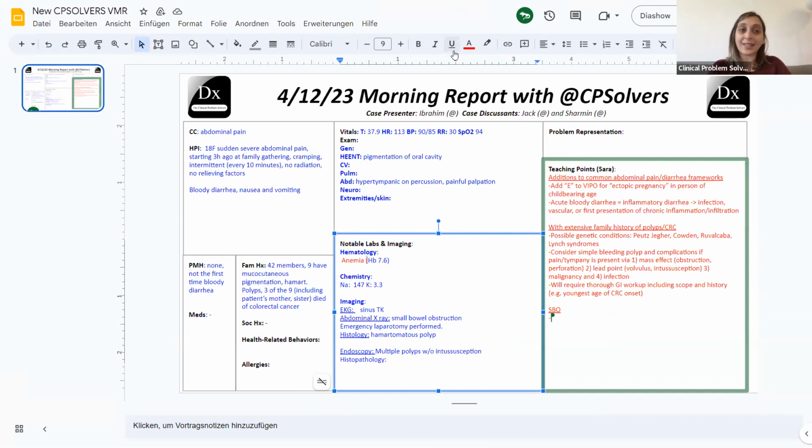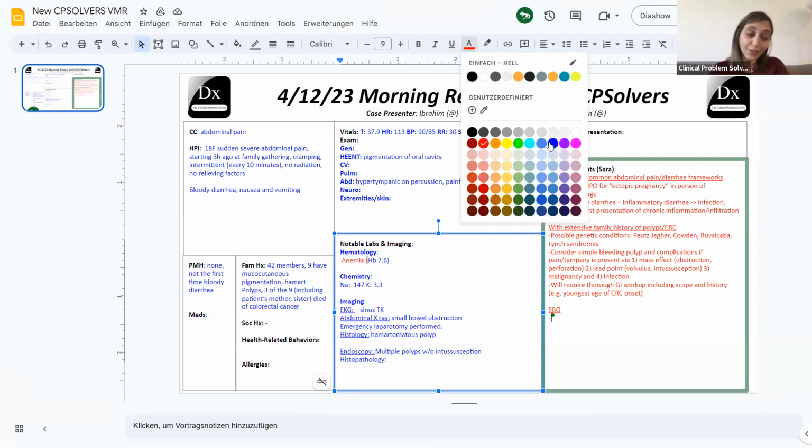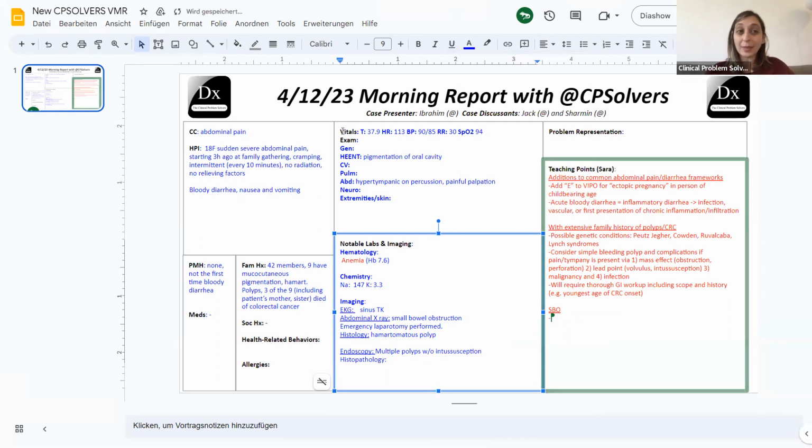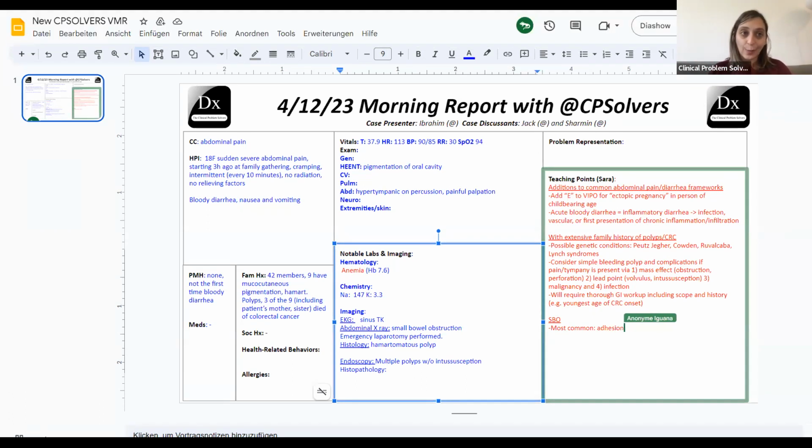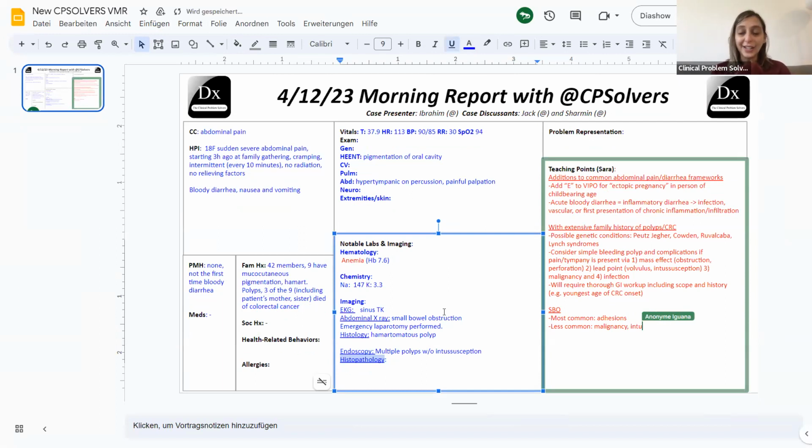So the first pass is adhesions, hernias, both external and internal hernias, and then it tends to be more malignancy in adults. And then you get to the rare causes of small bowel obstruction, where we're concerned here for intussusception or volvulus, gallstones, all of those things come into play. Yeah, I'm right there with you. As you guys mentioned, the hereditary syndrome, Peutz-Jeghers, is a good thought here. So we're curious to see what you all found out, Ibrahim.